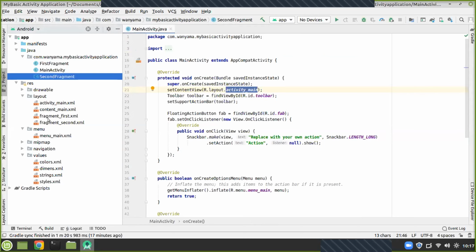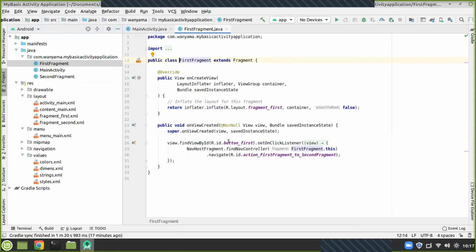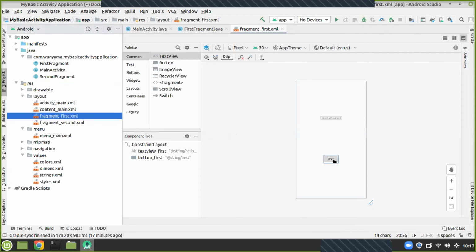so that right now, if I click on the first fragment, you see, it is using fragment first as its layout file. So where is this fragment first? Fragment first is right here. So on our fragment first, ladies and gentlemen, we have a button written next, so that when someone is clicking on this button next,